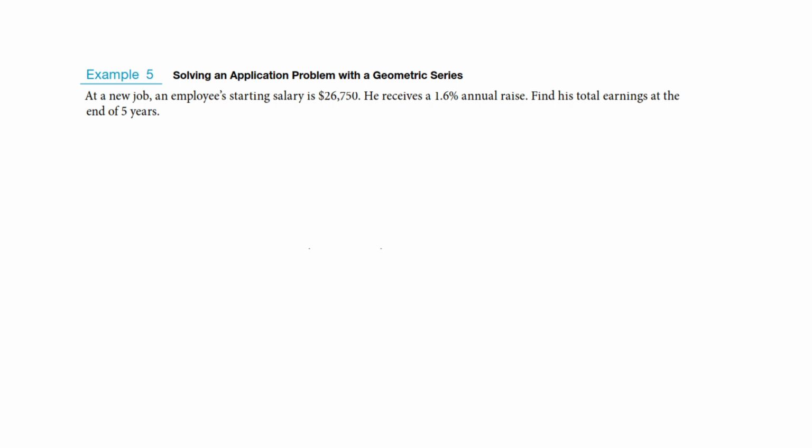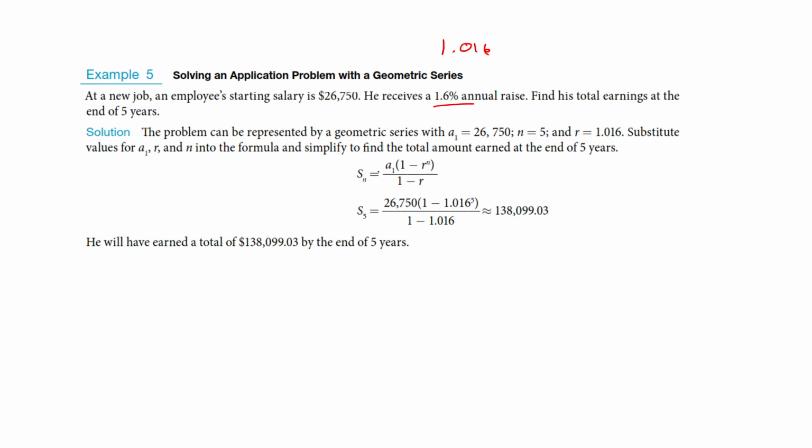Okay, so we've got to end with a couple applications with geometric series here. So we saw this before. If they give us a rate here, this is not just 1.6. What we're going to be working with is 1.016. So our first iteration is going to be $26,750, his starting salary. Now r is going to be 1.016. That's how much it's getting multiplied by each time. So if you get a raise, it's got to be the amount you started with plus an extra 1.6% on top. So you're multiplying by